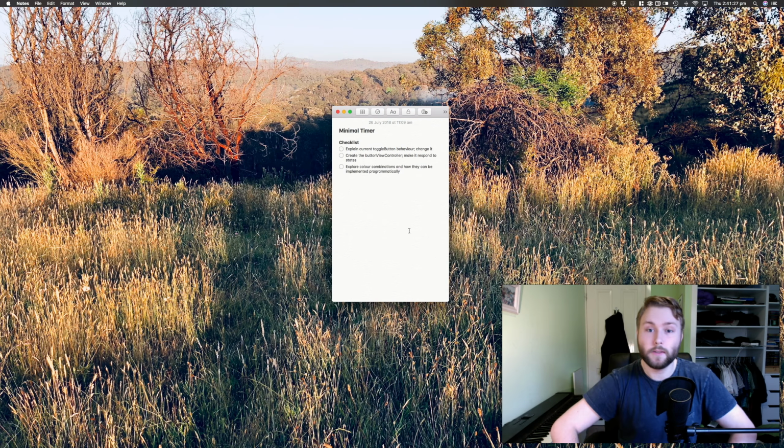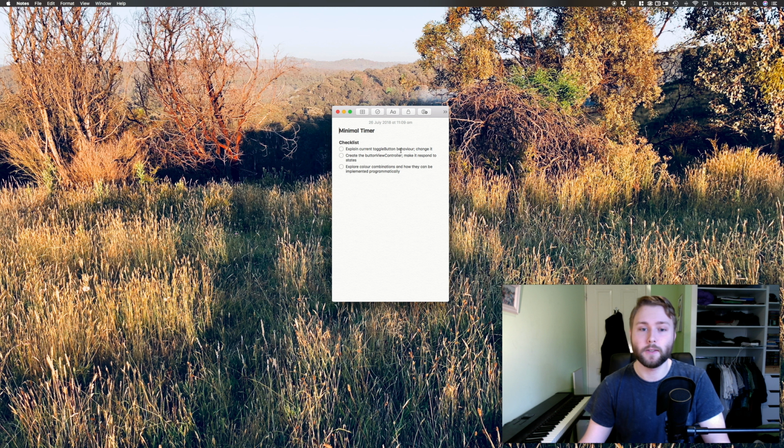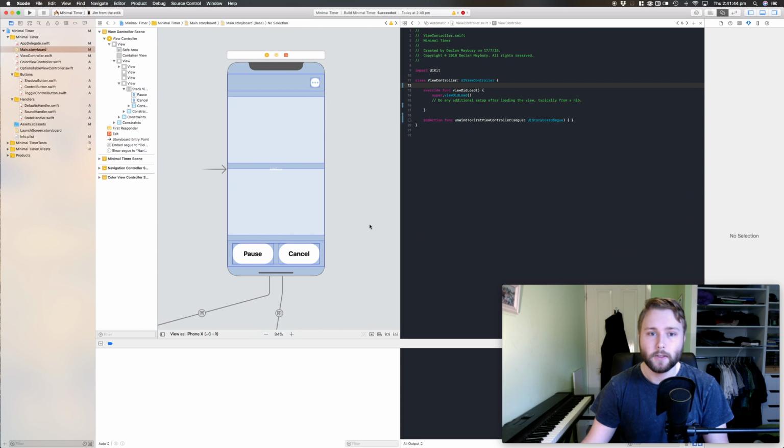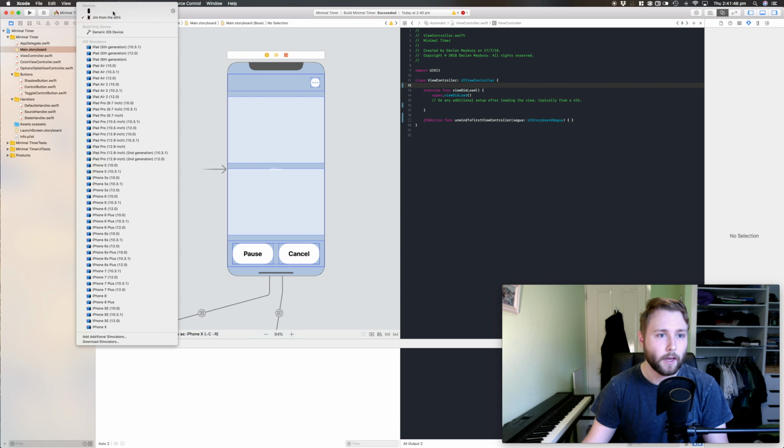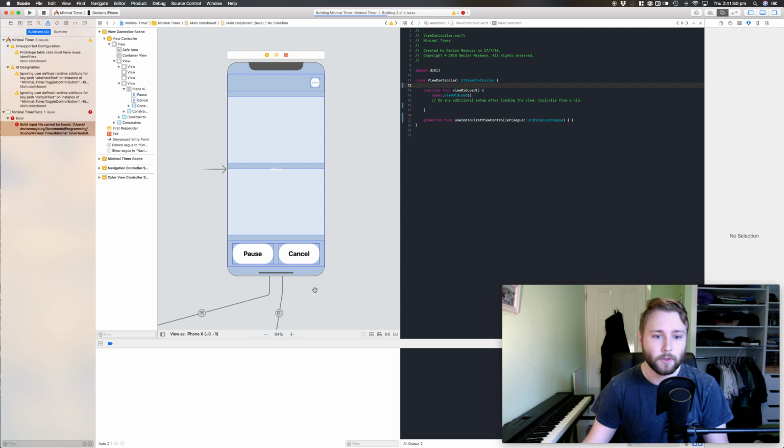Okay, so this is day 6, I guess. I've got a bit of a checklist this time because, I don't know, I felt like making a list. So, anyway, first point on the list is to explain the current toggle button behavior and then also change it. Yeah, so what I worked on yesterday, and I didn't really have time to explain it, was this